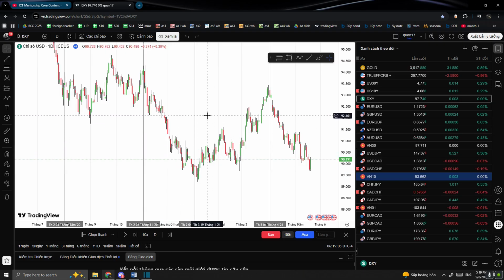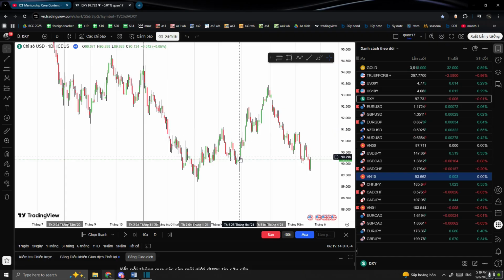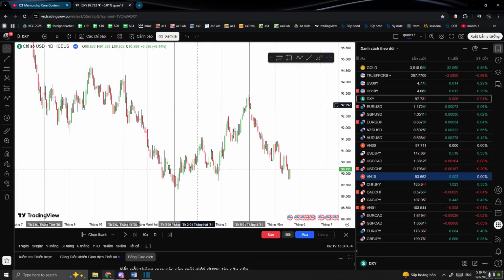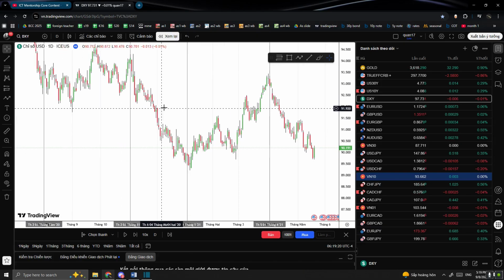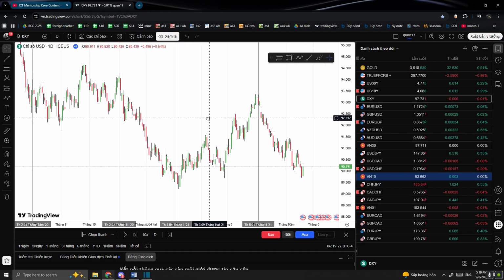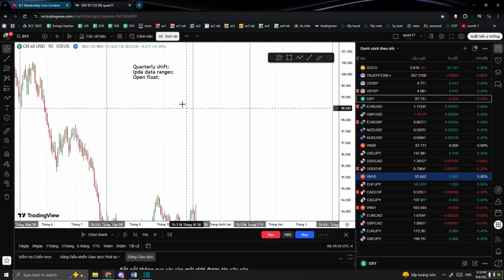What is the next potential direction for the next 2, 3, or 4 months? Bullish, right? Okay, so quarterly shift helps us to dictate the bias, whether it's going to be bullish or bearish, or stuck in consolidation, and helps us not bear a bias. That's it. And let's move to the next part, which is